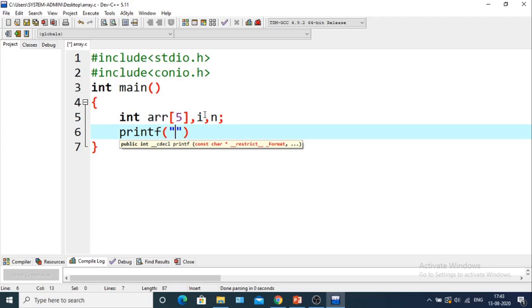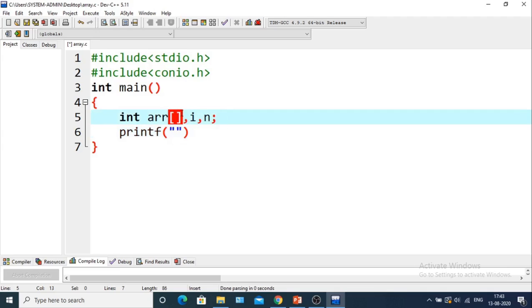I have taken n because arr[5] means the array can store a maximum of 5 values, but we can take fewer values. Suppose I am taking 100 here. If the value of n is 5, then arr will store only 5 values. arr[100] means a maximum of 100 spaces is occupied by arr.